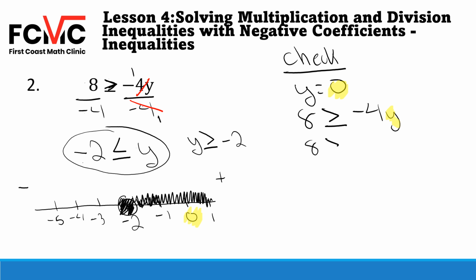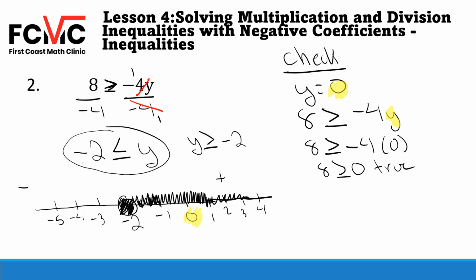So we'll have 8 is greater than or equal to negative 4 times 0. And 8 is greater than or equal to 0, which is a true statement. And that'll be true for any value that we pick in this solution set. So again, think of what values we're going to have here. It'll be like 2, 3, 4, right? So if we just keep extending this,